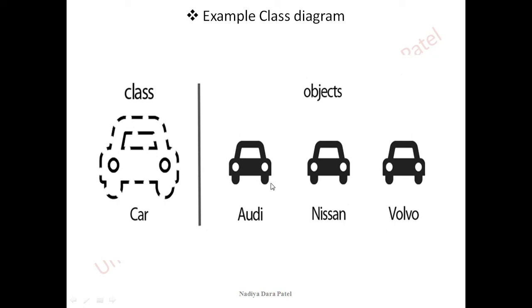So that means all the 3 objects belong to the same class. It is a class, it has created a class, so by default all the 3 might have something in common, but that doesn't mean that all the 3 are the same. They can have something which is also different from others.